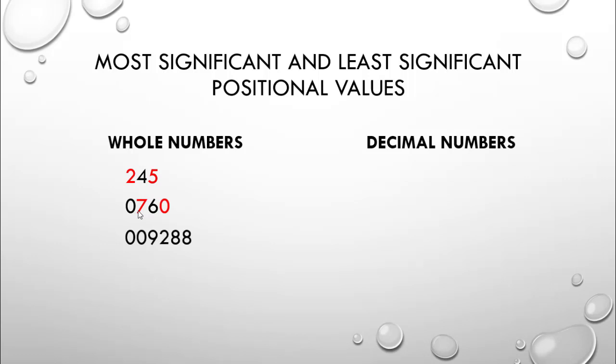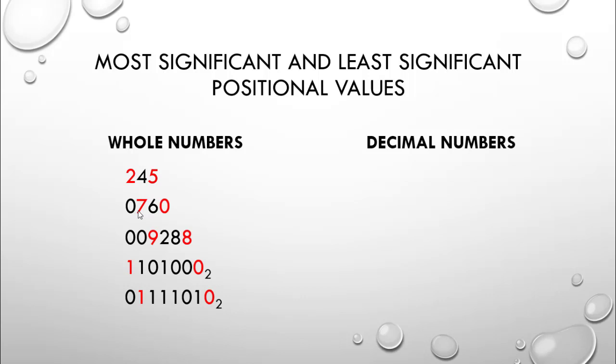The next number here, there are 2 preceding zeros. I am not going to take that. At the right hand there's no 0, so 9 and 8 would be the numbers. I have a binary number here, a base 2 number. Still it's a whole number, so the last 0 will be taken and the first 1 will be taken as the most and the least values. Here again the binary number, the last 0 will be taken, but the first 0 will not be taken. We will take the 1 there instead of the 0. So these two will be my most and the least significant values.